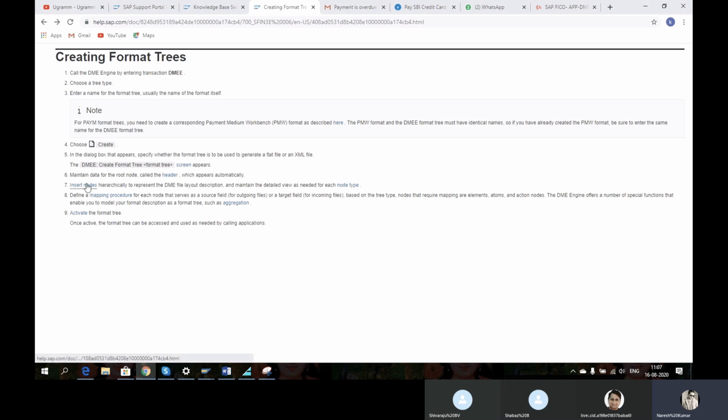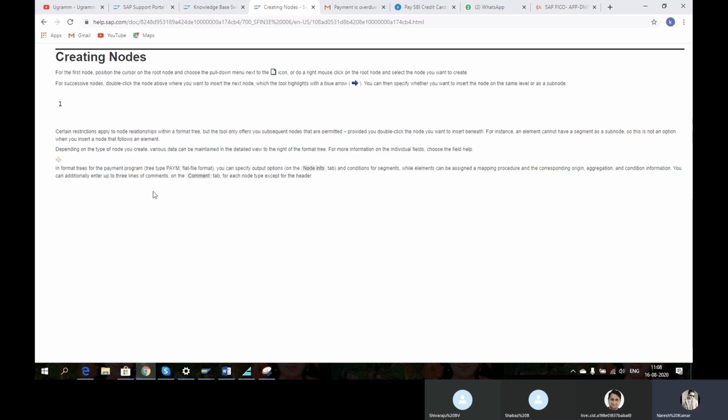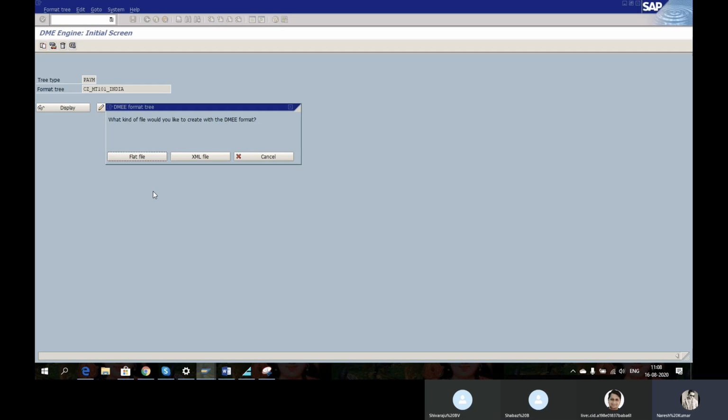Now insert nodes, creating nodes. The first position of the cursor is the root node, which we will get. This is the pull down next to the file. Here we see when we create, the system will generate.